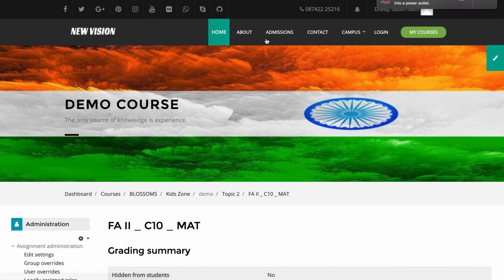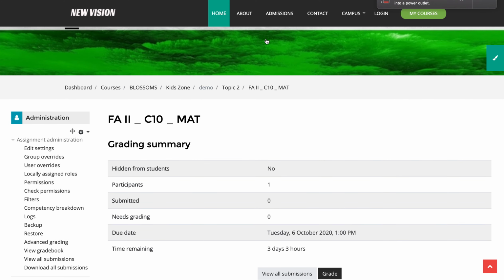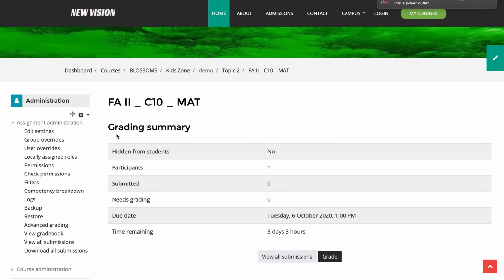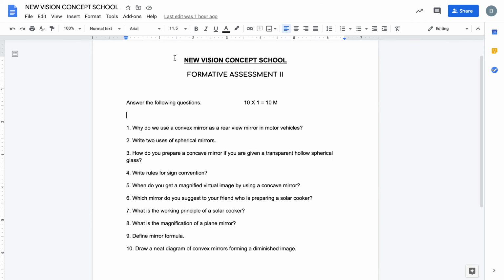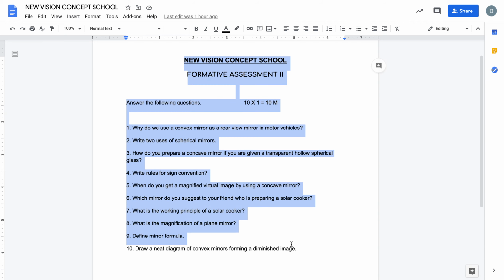Yes, so the last part, where is the question paper? I have not given any question paper here. Alright, if the exam is scheduled to start at 9 o'clock in the morning, keep your question paper ready. This is just an example I am giving you. Keep your question paper ready, and it can be in image format or text format. Here I am choosing text format. I will copy the text here.